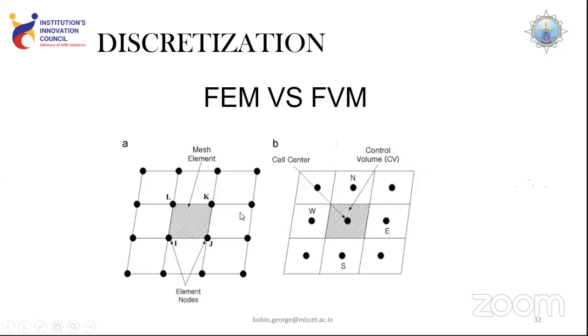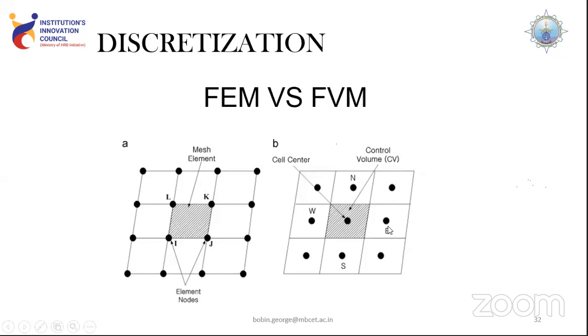In finite element discretization, we convert the equations and apply them onto grid points over here. When it comes to the finite volume method, we convert the equations into what is termed the cell centers over here. Most computational fluid dynamics analysis will be using the finite volume method. That means you will be dividing the domain into cells and converting the equation from partial differential form into algebraic form,